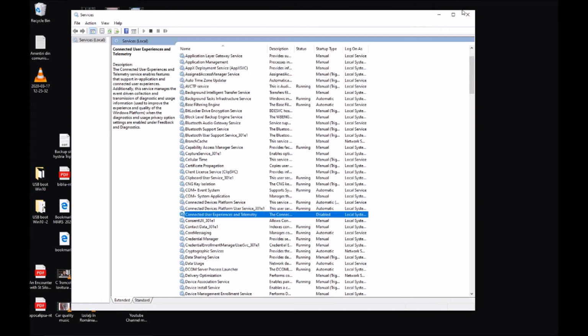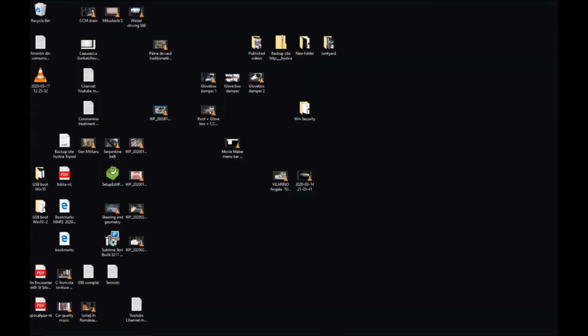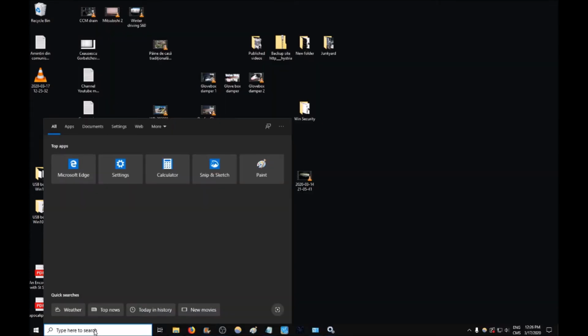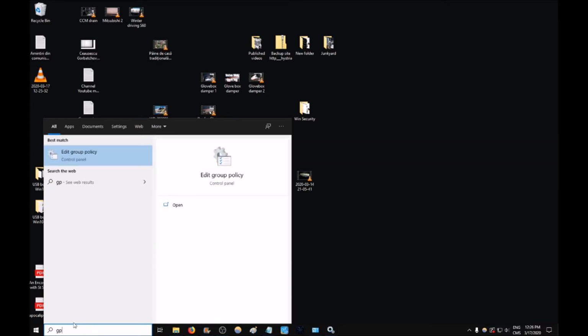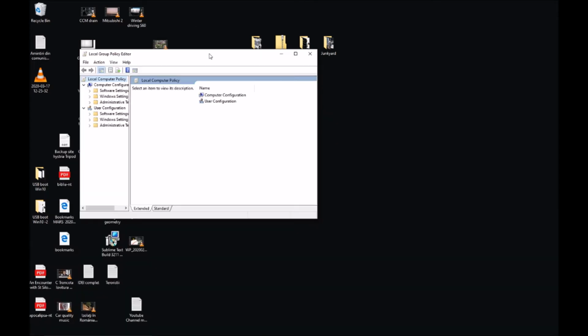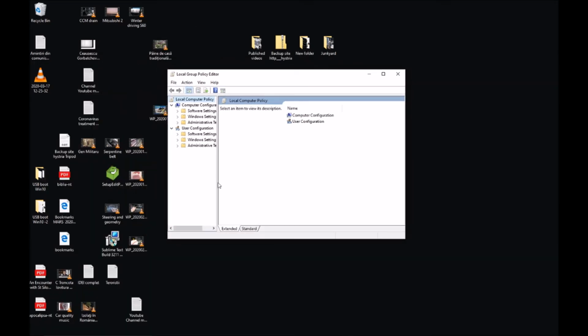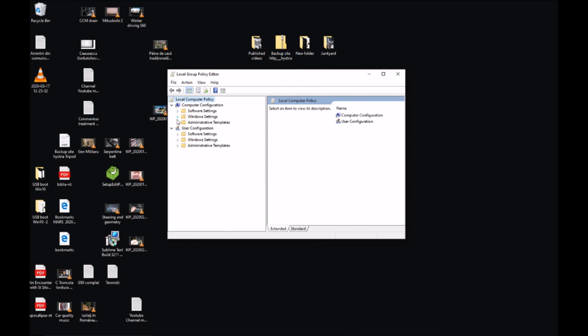One thing, you can close this window, then go back again and type in GP and click on edit group policy. We are going here for administrative templates.